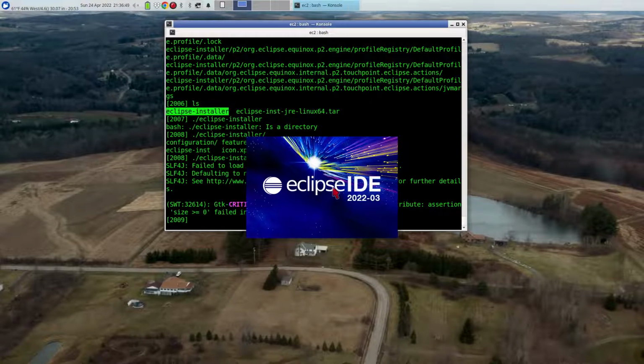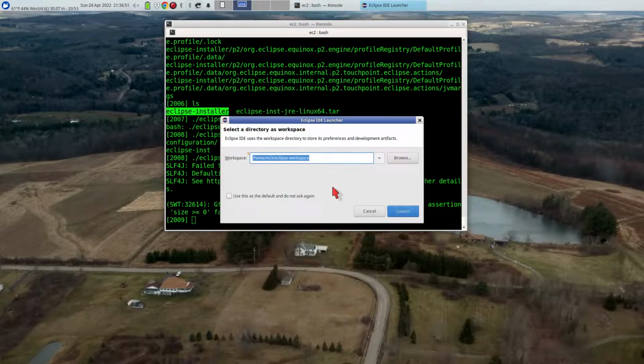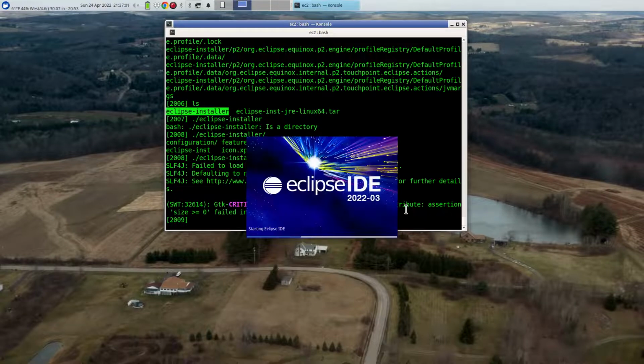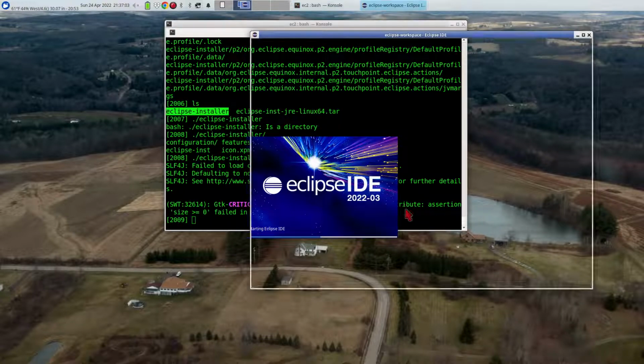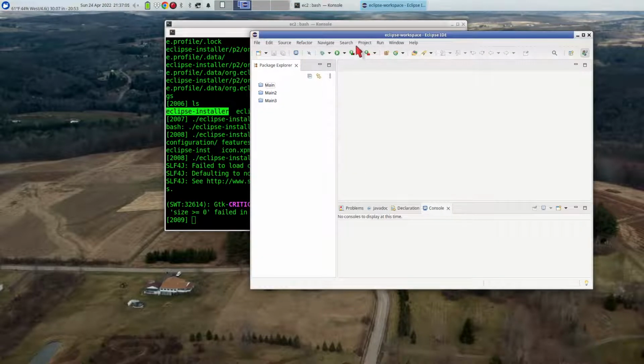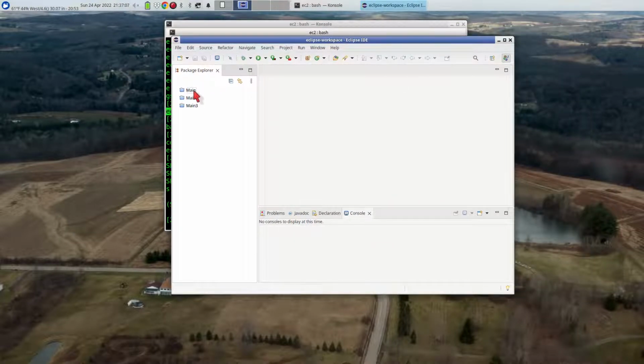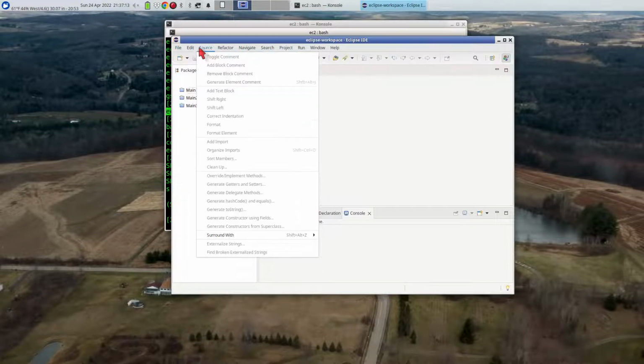There we go. There's your splash screen. That's good. And then the rest of this we're going to go through in class. But let's just go ahead and pick a workspace. This is an area where it's going to put the billions of files that it creates on your behalf. I've already got stuff in my workspace because it's not really the first time I'm doing it. We're going to say File, New,